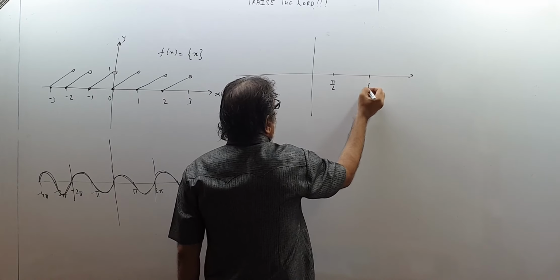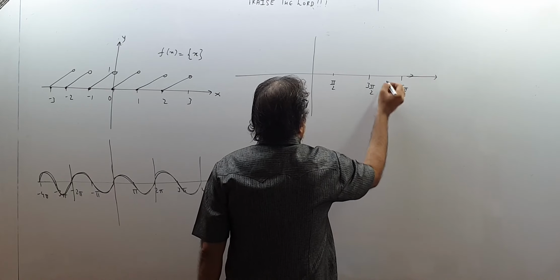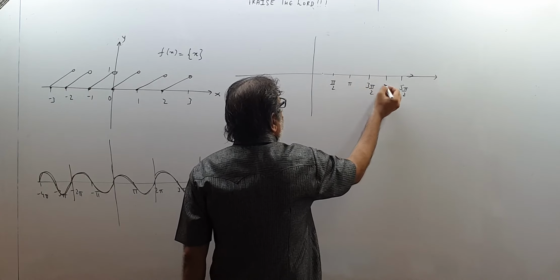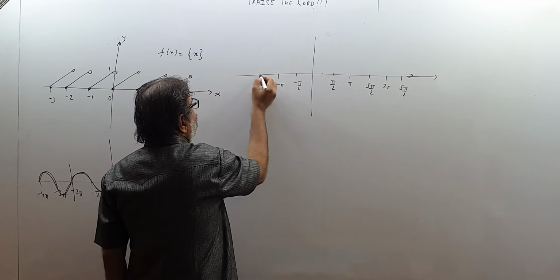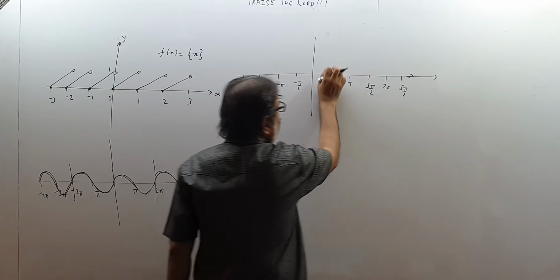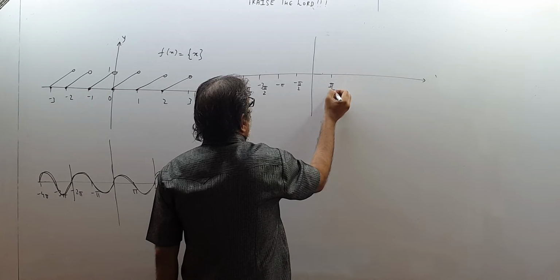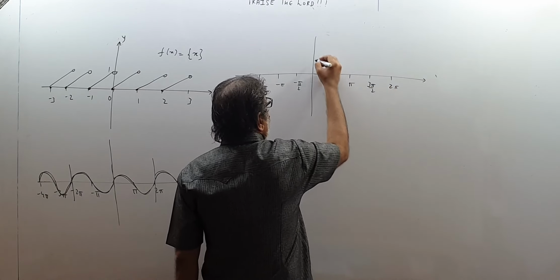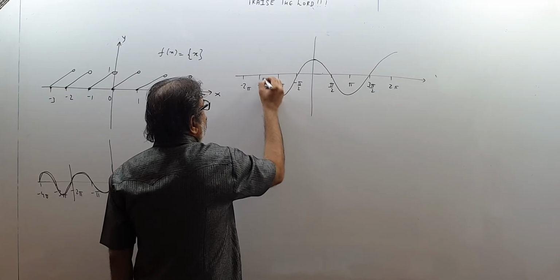If you see the graph of the cos function, when you draw it over there, you will find that this is pi by 2, 3 pi by 2, then 5 pi by 2. This will be pi, this will be 2 pi, and so on. Here it will be minus pi by 2, minus pi, minus 3 pi by 2, minus 2 pi. So maybe if I redraw nicely to the scale, pi by 2, pi, 3 pi by 2, and 2 pi. If you see this graph, it comes like this. Then again it comes like this.